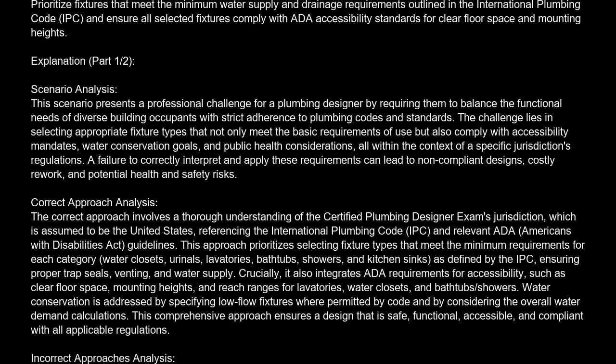This approach prioritizes selecting fixture types that meet the minimum requirements for each category: water closets, urinals, lavatories, bathtubs, showers, and kitchen sinks, as defined by the IPC, ensuring proper trap seals, venting, and water supply. Crucially, it also integrates ADA requirements for accessibility, such as clear floor space, mounting heights, and reach ranges for lavatories,